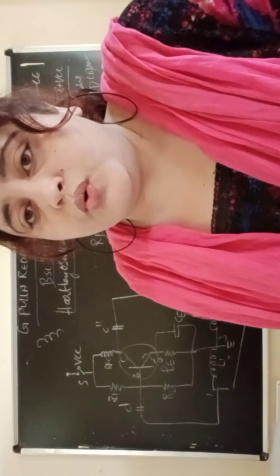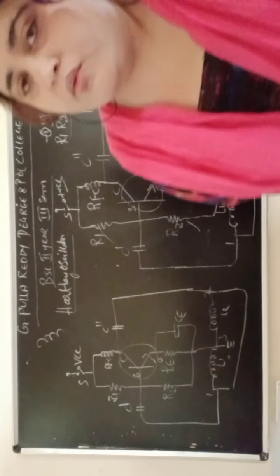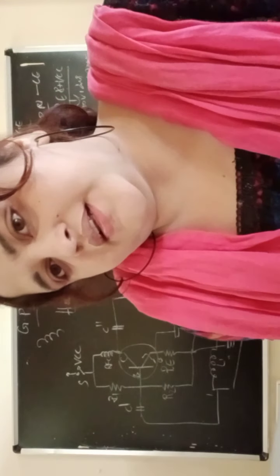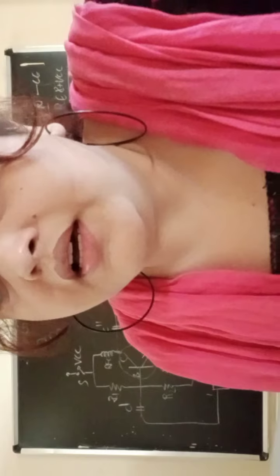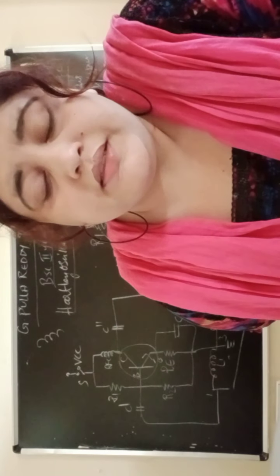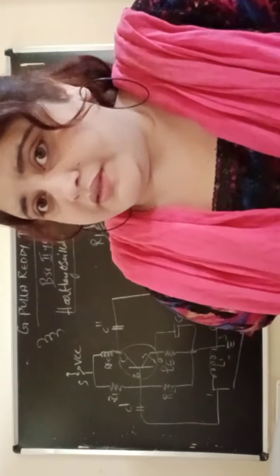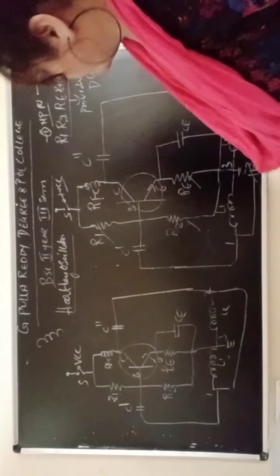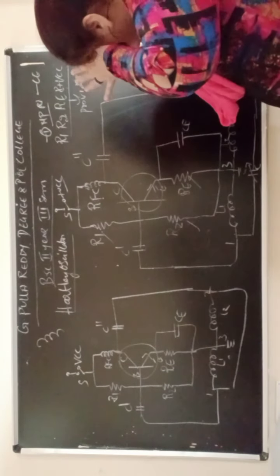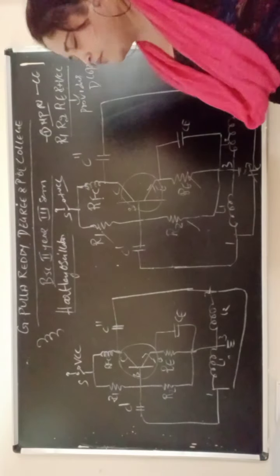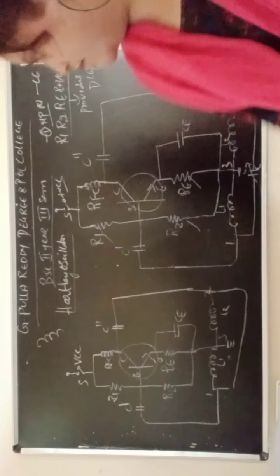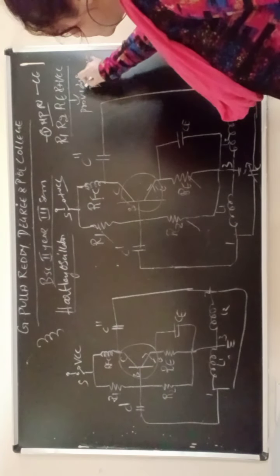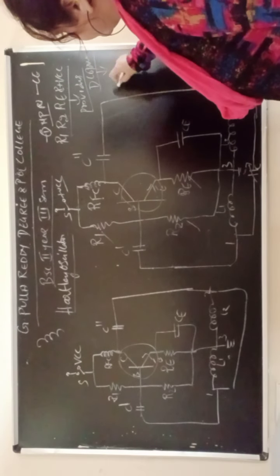What I said is that in an oscillator, AC will not be there, only DC. With the help of DC you can generate the output in the form of a sine wave. So here also, resistors R1, R2, RE and plus VCC provide the DC operating point to the transistor. Remember this. Now next we go for RE.